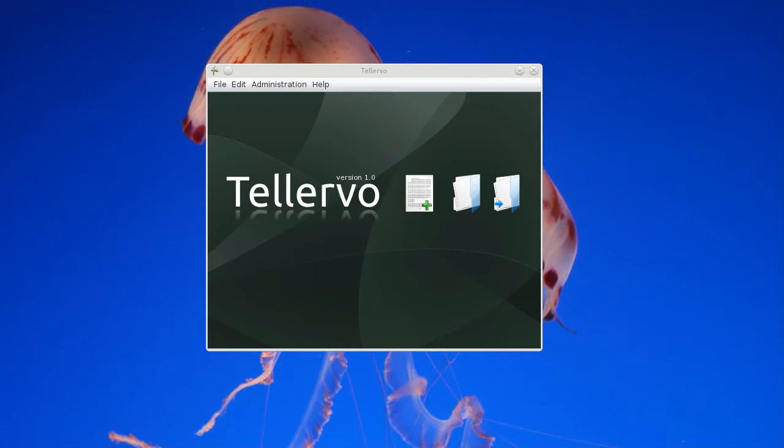If you haven't come across it, Tricycle is a tool that you can download from the tridas.org website. It is capable of converting dendro data back and forth between any of the 22 supported data formats, and it's a great tool even if you're not using Tellervo itself. Tricycle works standalone, so it's a great tool if you just need to quickly convert data between two different data formats. But because Tricycle is an open source library,